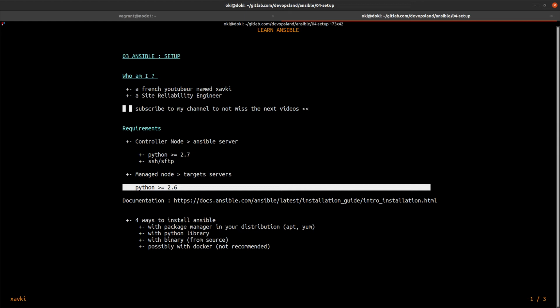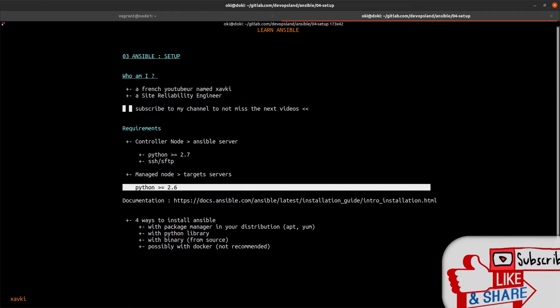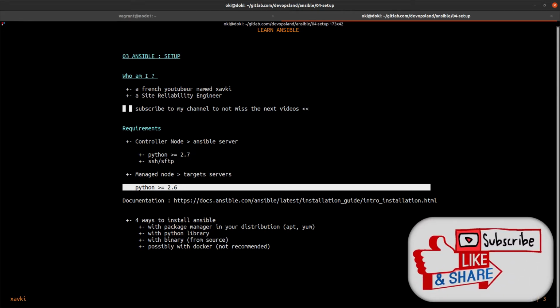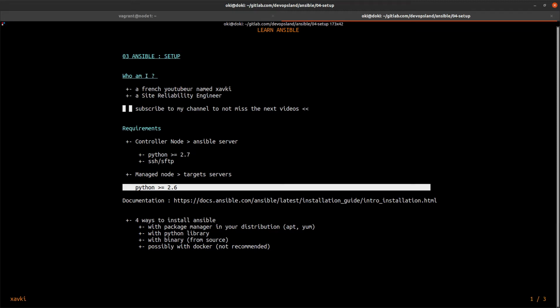We have 4 ways to install Ansible. First, with the package manager of your distribution, like apt for Debian or yum for Red Hat or CentOS. Another way is with the Python library like pip, or you could use the binary from the source file with the repository.